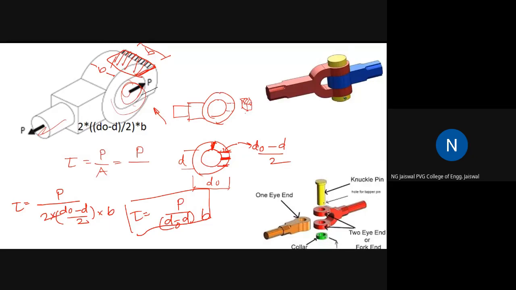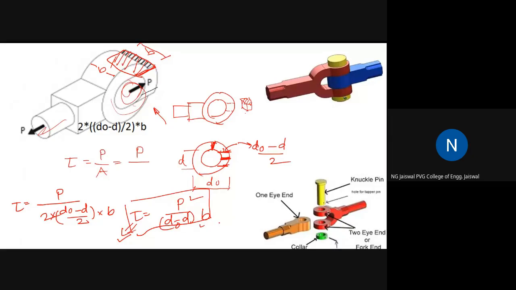So what I did so far, I anticipated the failure in various modes. One of the modes which I anticipated was this one. This was direct shear failure. Later, I have written the corresponding equation for this. And now this can be equated to permissible shear stress. So this is a known value. Remaining are 3 parameters, DO, D, and B. From the earlier solutions, you must have found two out of these 3. Only one can be unknown. You can find out that unknown value. That becomes your design solution.